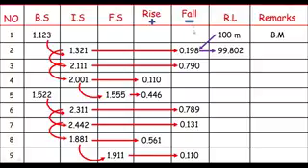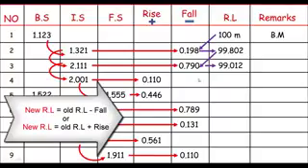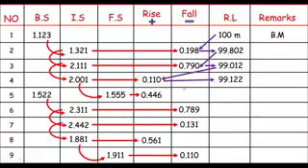Here again the next point is a fall, like 99.802 minus 0.790 will be of course 99.012. So this is the RL of point 3. And again if you see, the next point is a rise. So the new RL must be the old RL plus the rise, like 99.012 plus 0.110. This is of course 99.122. And so on. Do the same for all the remaining points, like